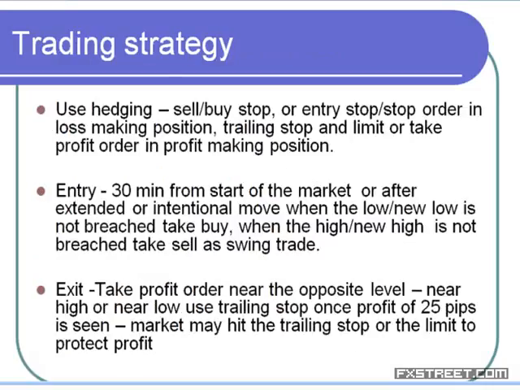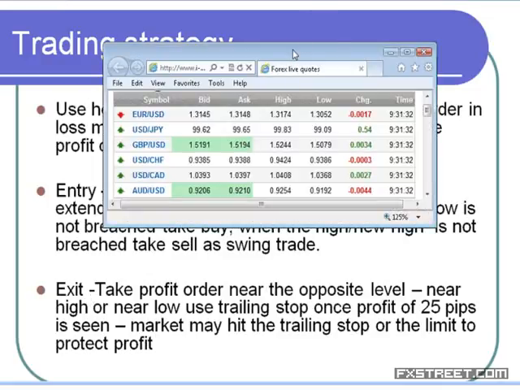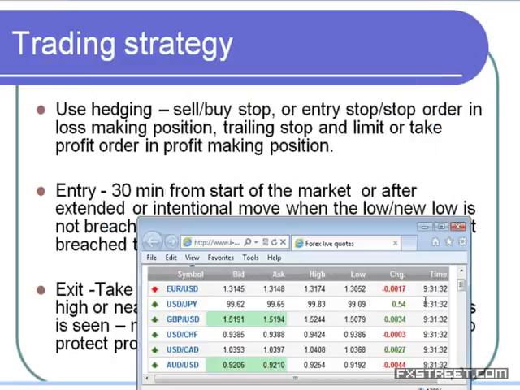Okay. Along with the type of moves, we need to understand the trading strategy. So if the hedging facility is available, use the hedge order in the same pair. Otherwise, use the stop. And for the entry, we normally wait for 30 minutes from the session start time, from 7:30 to 8 GMT. And if they have done a brief downward stop, we try to pick up a position on the buy side. If they are near the high and just made a brief upward stop and reverse, we take a sell position. Otherwise, for a technical trade, we buy above the initial high, if they hold above the initial high for more than 30 minutes.